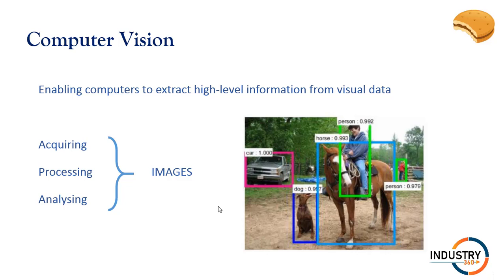This understanding can take many forms, such as identifying objects contained in an image or comparing and identifying faces. And part of the effort is to try and extract three-dimensional information from two-dimensional images. This can include measuring distances, for example. There is also a related field called image processing, where the purpose is similar to computer vision, but the methods are somewhat different.